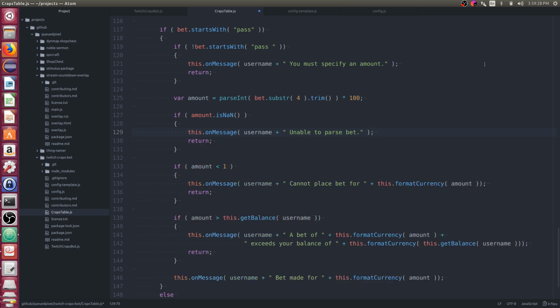Princess Ricka says, nefarious plans foiled before they begin. Yeah, I tend to think somewhat defensively about these things. I'm certainly not perfect, but I can begin to imagine how someone might try to abuse some of these things and try to do my best to curtail it. It's hard to guess everything that's going to happen, but I just try to think it through as I'm working on stuff. So we'll say if it's not a number, we'll just say unable to parse bet. We'll stick with something nice and generic.